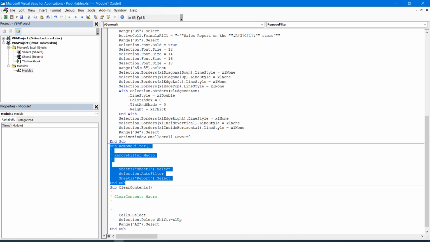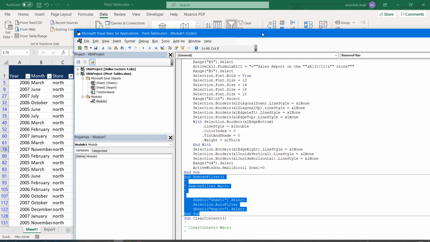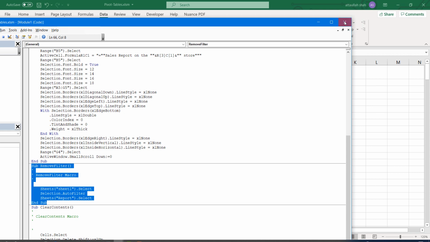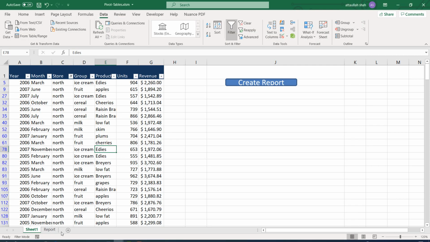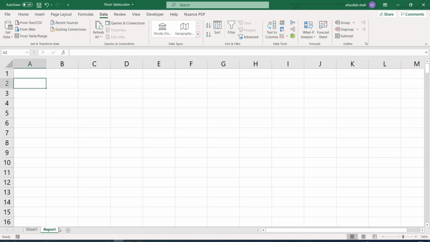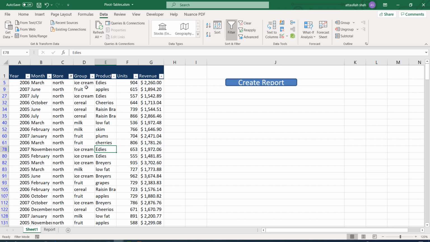Let's try this macro. I'm closing this tab, and right now we are on the report sheet, and we want to first go to sheet 1, remove this filter, and come back to report.